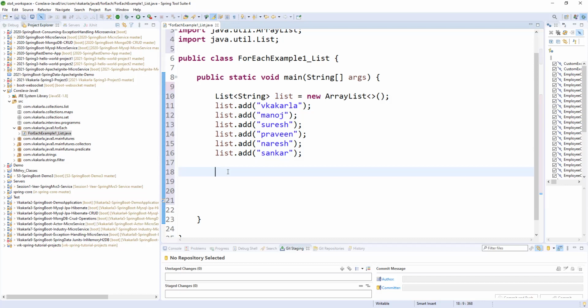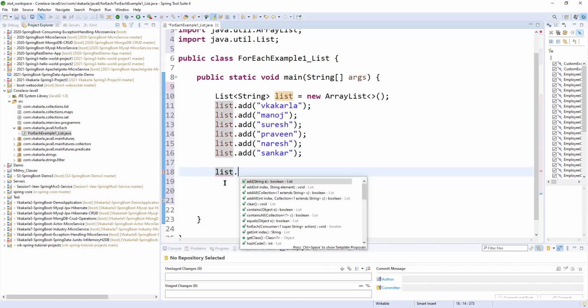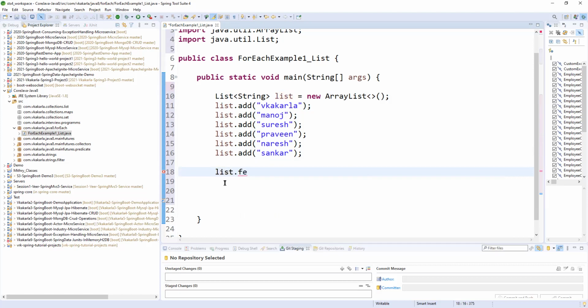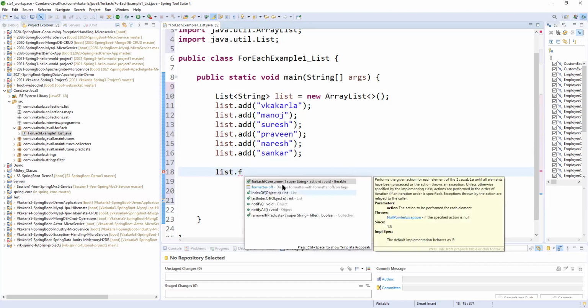Here I want to traverse this list of data using forEach. So take list.forEach. If you see here, this is the Consumer implementation. What we are passing, in terms of lambda expressions or method references, is an implementation of a functional interface.